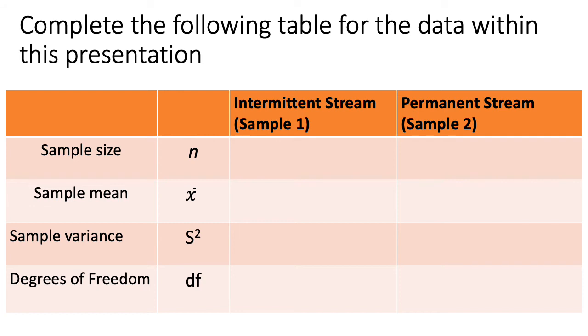So you should be able to complete this table with everything we just calculated. You've got the sample size for each sample. You have the mean for each sample. You also have the sample variance for each sample, which is what we just calculated, and the degrees of freedom. Okay, remember that's one less than the sample size. So completing this table